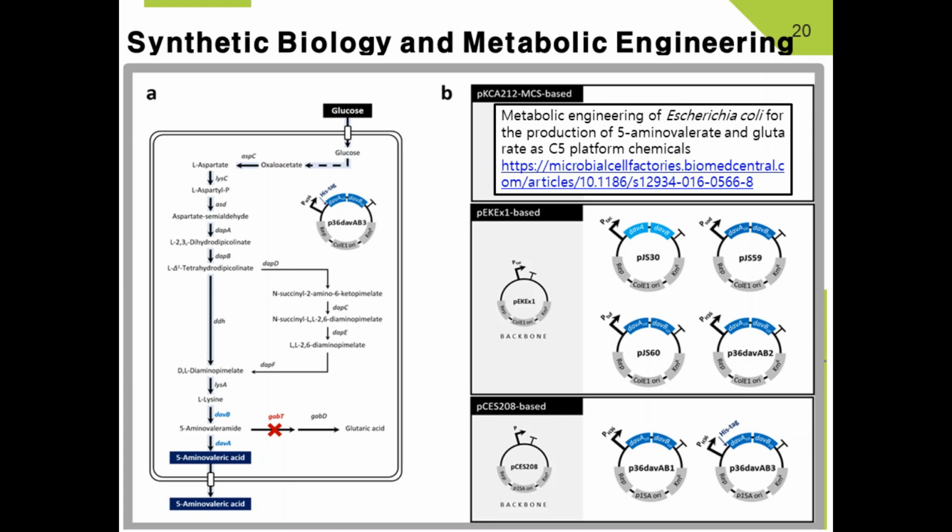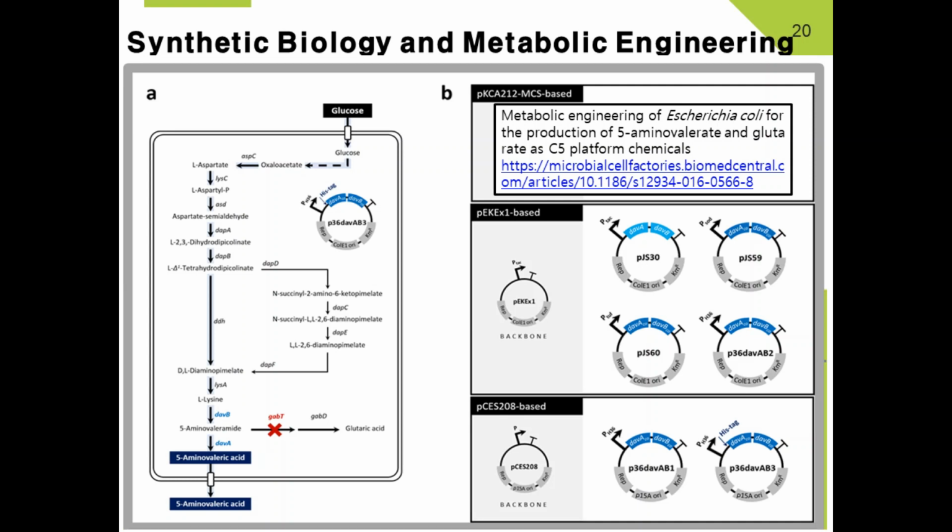So for example, for DAV-BA in the pCES208 plasmid, we have BamHI, then RBS, DAV-A, and then NotI. We have that gene fragment, and then we cut the plasmid with BamHI and NotI, so that we can put the gene fragment with BamHI and NotI in it.